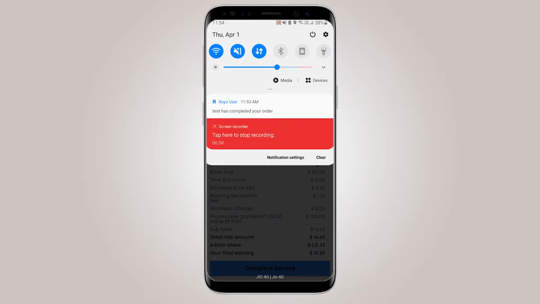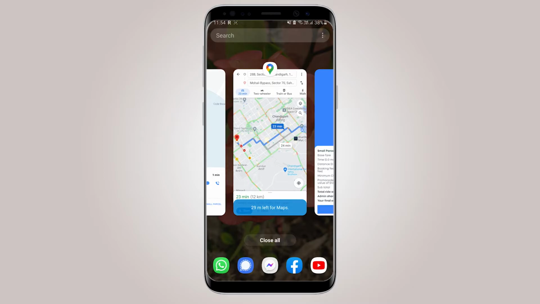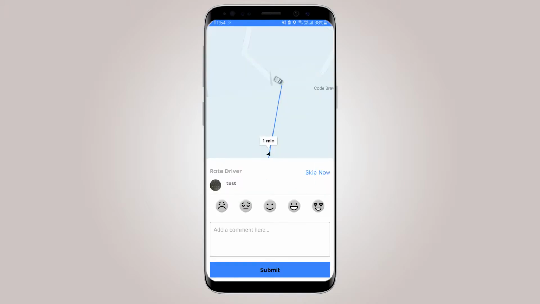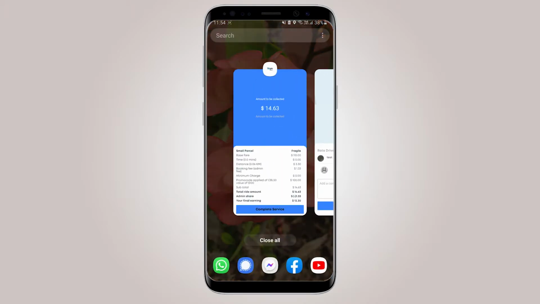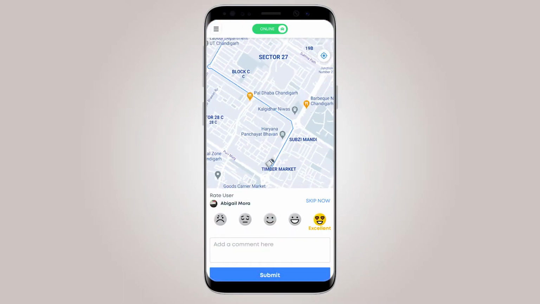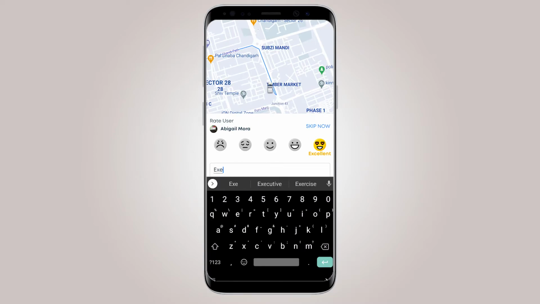And if you check the customer app, you'll see the real-time updates that this much amount needs to be paid. Here are the signature and photo of the receiver. Now you can complete service and rate the user on what kind of service he has provided.